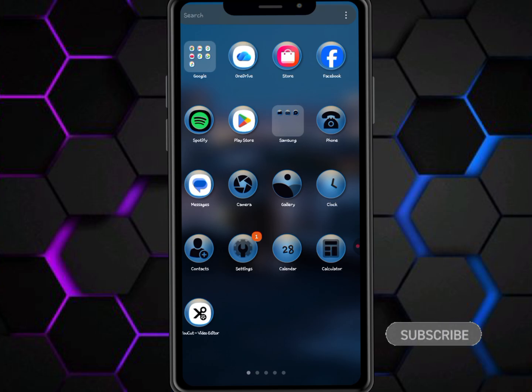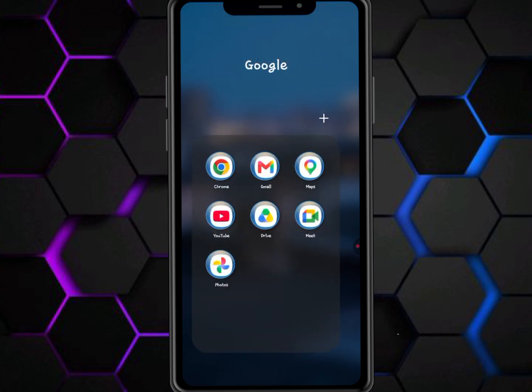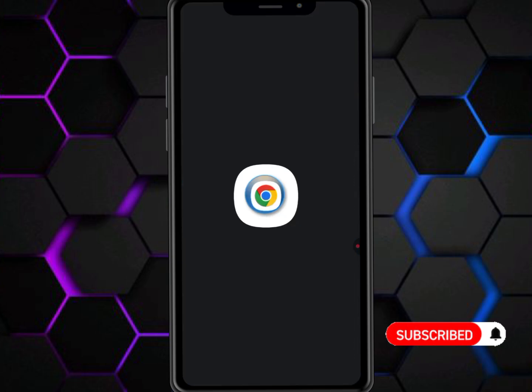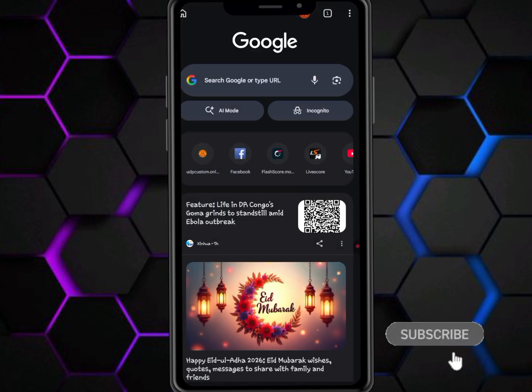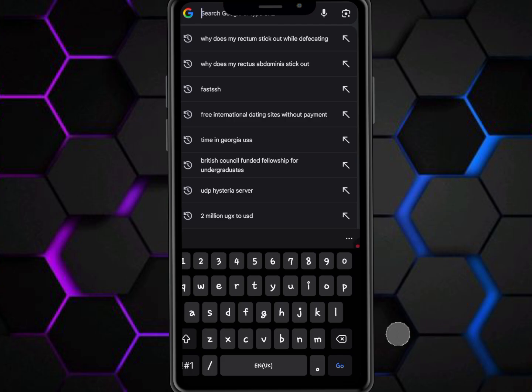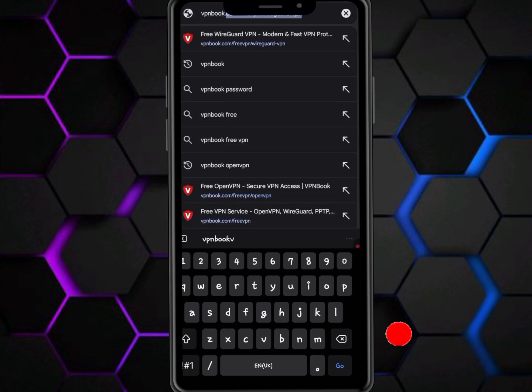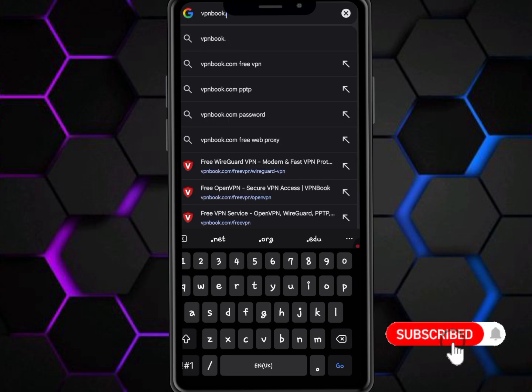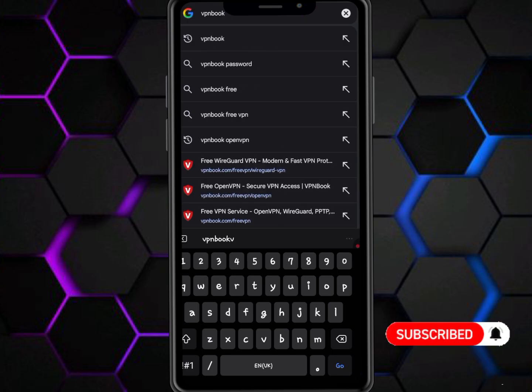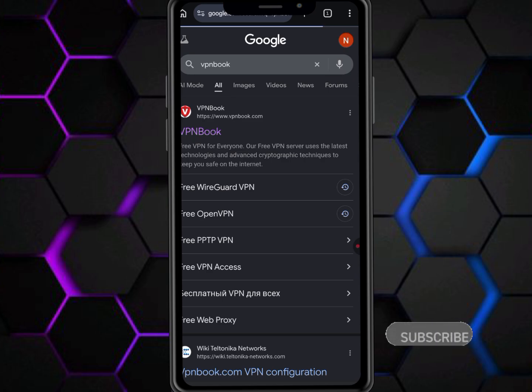So in the first step, we are going to look for Google Chrome or any form of browser, but basically Google Chrome. And then once you open Google Chrome, you're going to go to the search bar, and then you're going to search for VPN book. Search VPN book, and then it'll provide you with this website, the VPN book website,